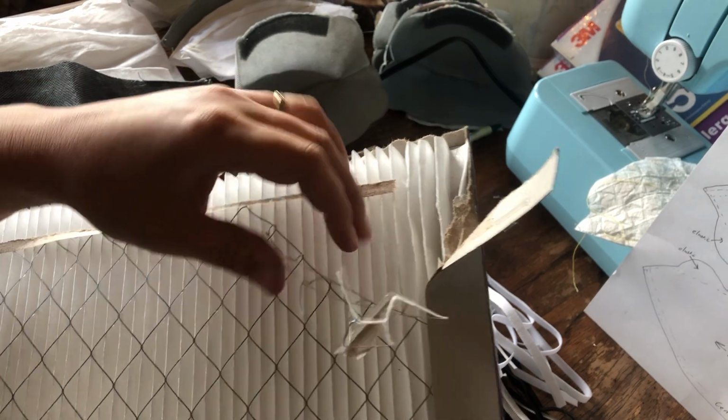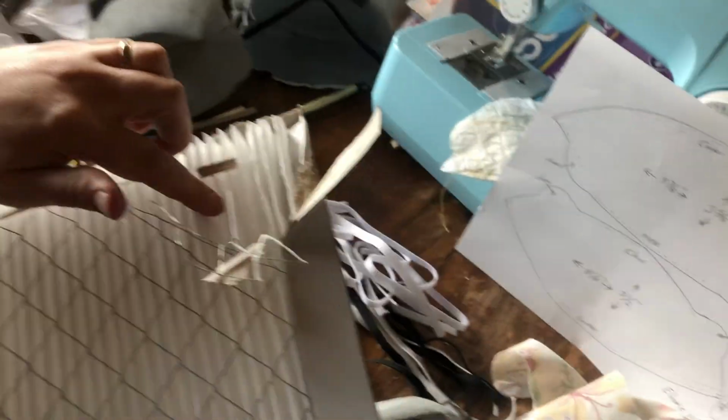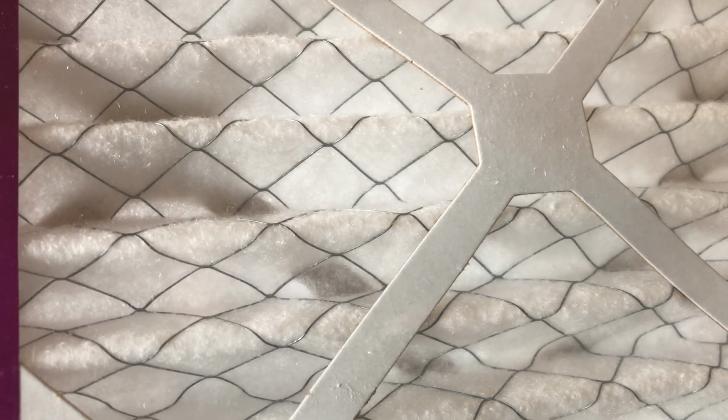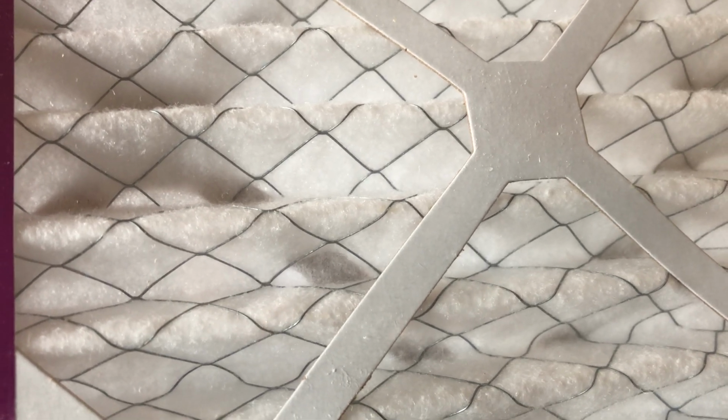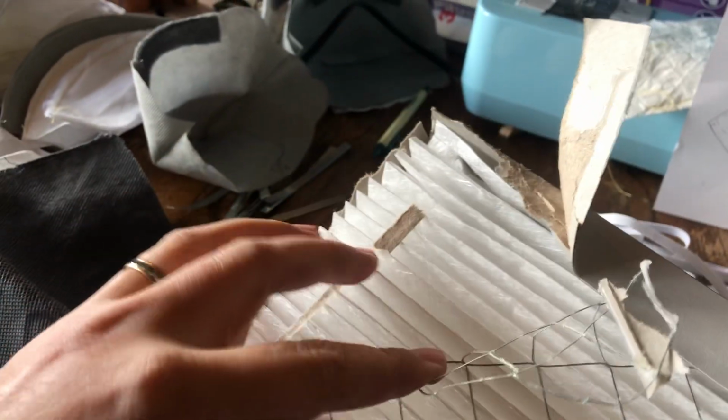This is laying over the top. Now there's another kind of filter where the wire mesh is running in and out of the filter. I've got one here actually, like this. I'm saving this filter in case I run out of everything else, but this one's going to be harder to pull apart. I don't know how well it's going to come apart. So we'll see what happens if I have to get to that one later. For now, this stuff comes off and this stuff unravels,